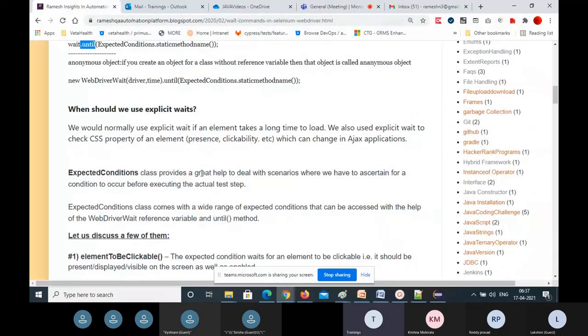The expected conditions class provides great help to deal with scenarios where we have to ascertain that a particular condition occurs before executing the actual test case step.